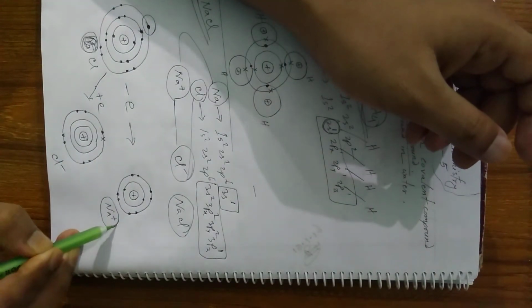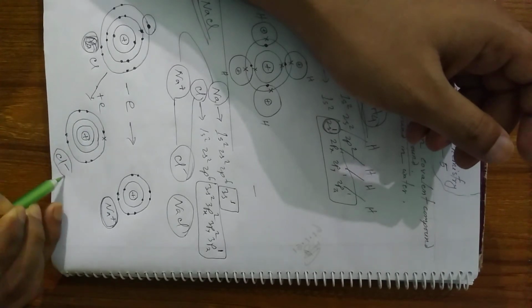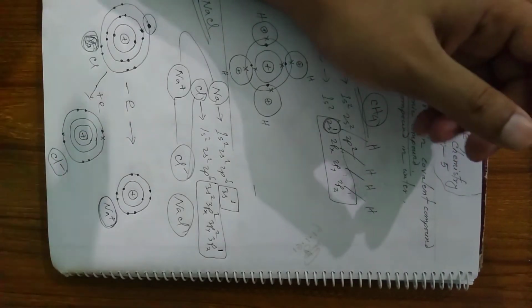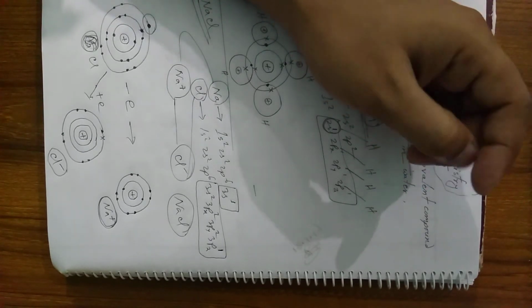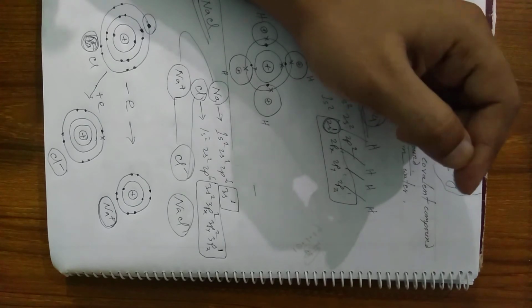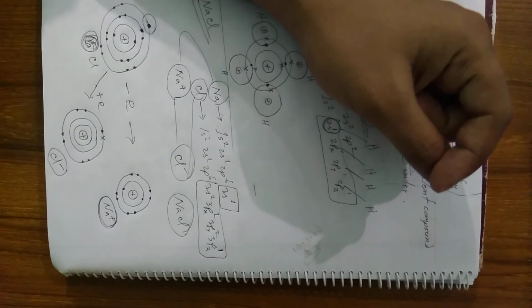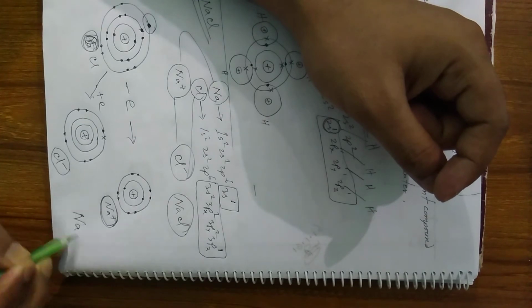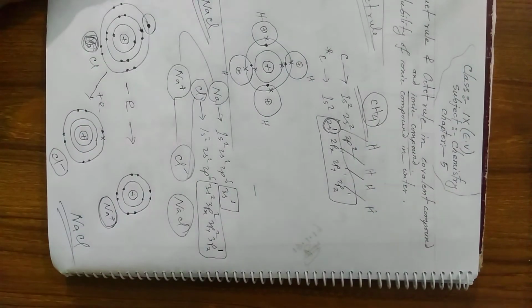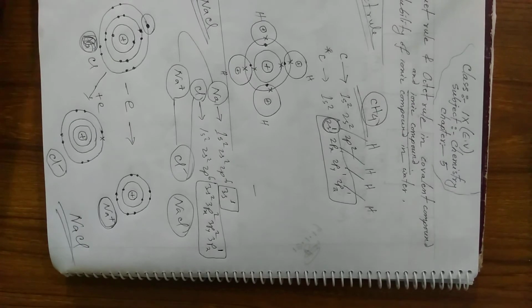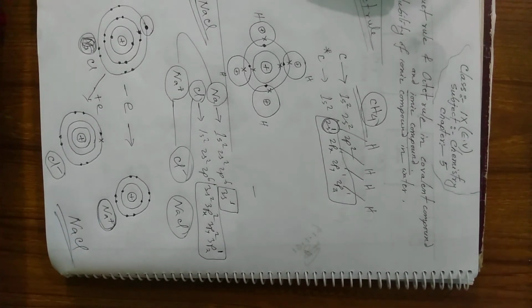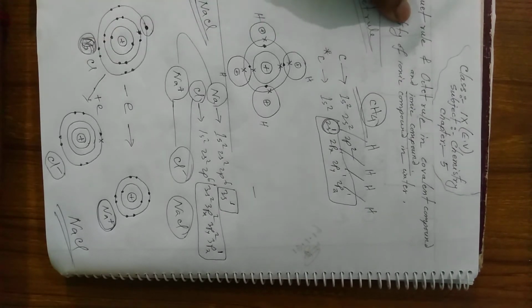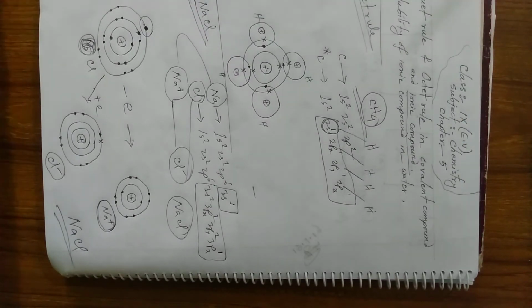Between these two opposite ions, electrostatic force is developed, and by this force an ionic bond is formed and the compound will be NaCl. So NaCl will follow the duet rule and octet rule. I hope all of you have understood the octet rule and duet rule in covalent compounds and ionic compounds.